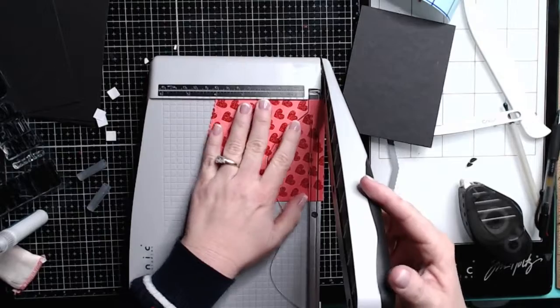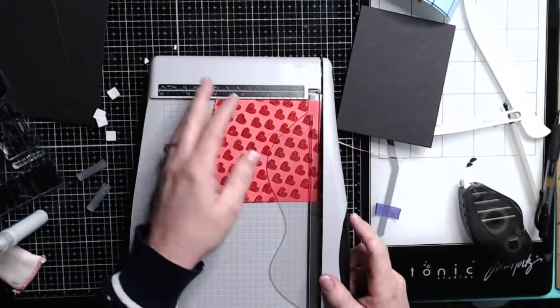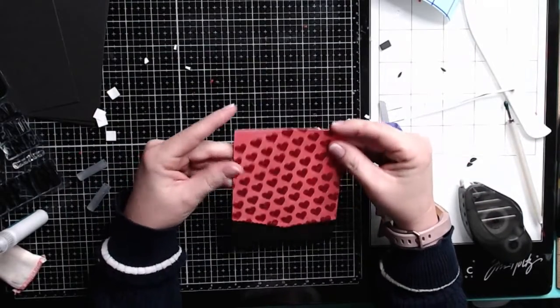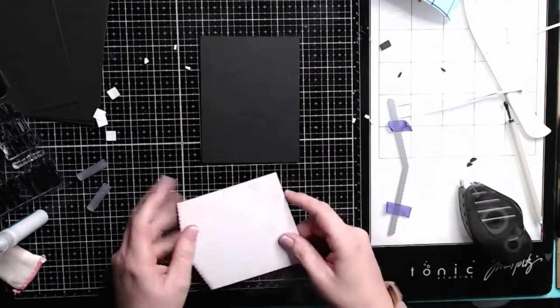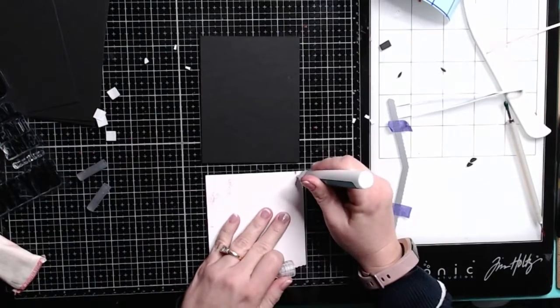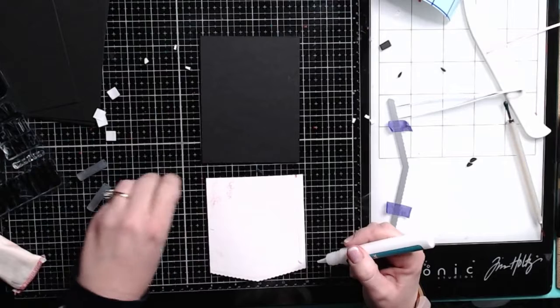Now sometimes the glimmer paste kind of goes over the edge of the paper, so I was just trimming off a very thin sliver of it so I could get a straight edge, and that way I can line it right up against that black background. That black background is measured at 5 1/4 by 4 inches, and so I'm just going to